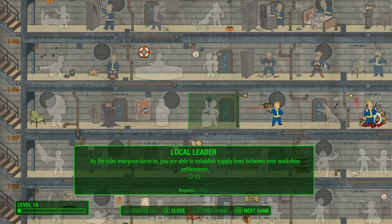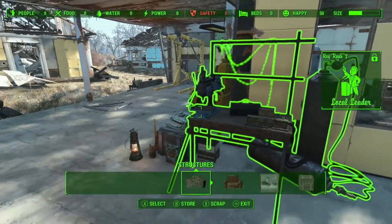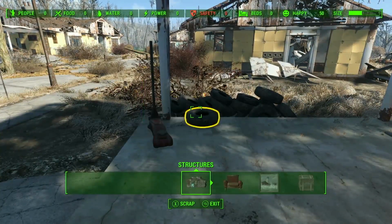Next up is Charisma's level 6 perk, Local Leader, which is new to Fallout 4. As the ruler everyone turns to, you are able to establish supply lines between your workshop settlements. The perk has 2 ranks total, with the second rank likely further enhancing unity of settlements. During E3 2015, Bethesda Game Studios gave us a glimpse of Fallout 4's settlement system, and they mentioned how players can link their various settlements scattered throughout the map together through caravans and whatnot, so if you're into that, this